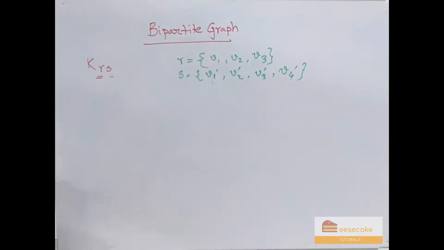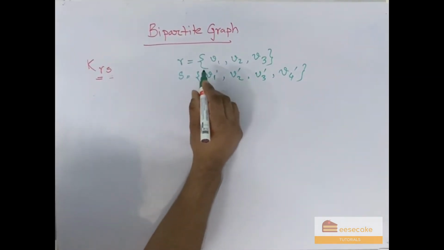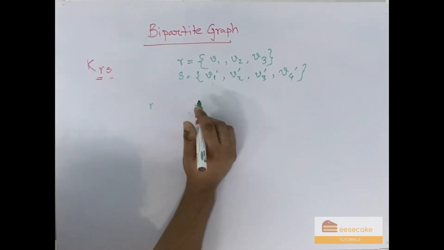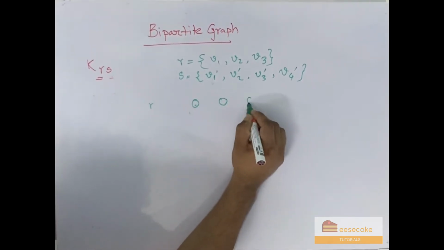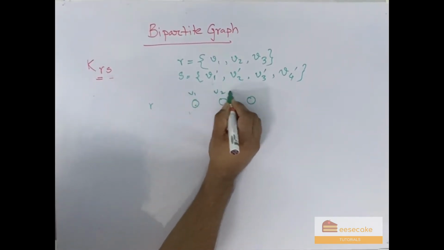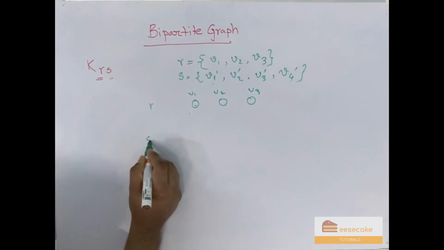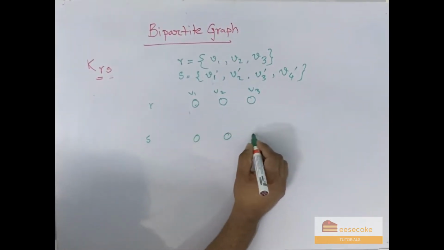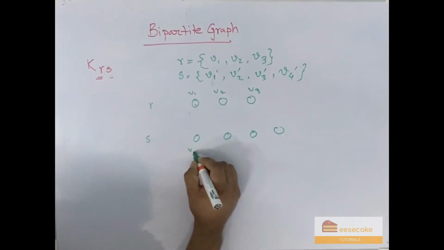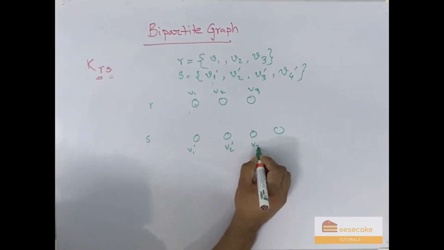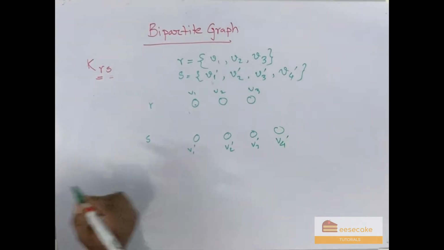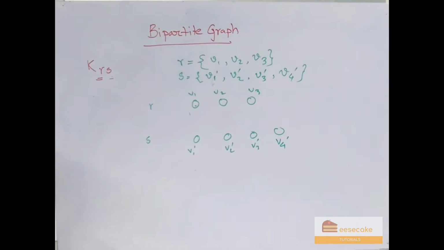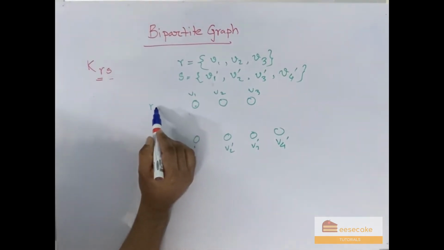So these are sets of vertices. If I place R vertices V1, V2, V3 on one side, and S vertices on the other side, V1 dash, V2 dash, V3 dash, V4 dash, like that,